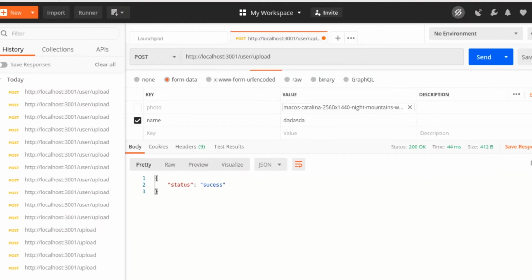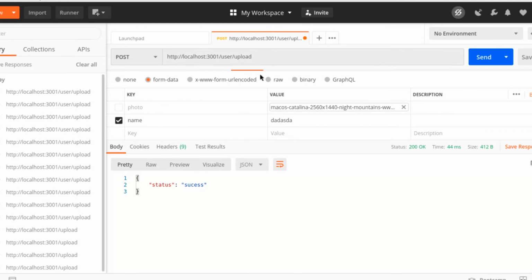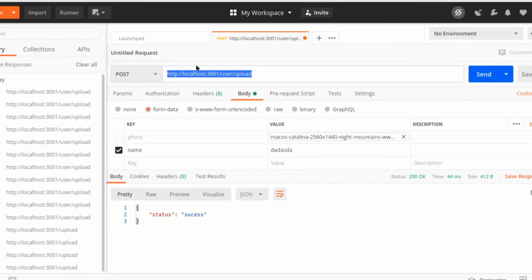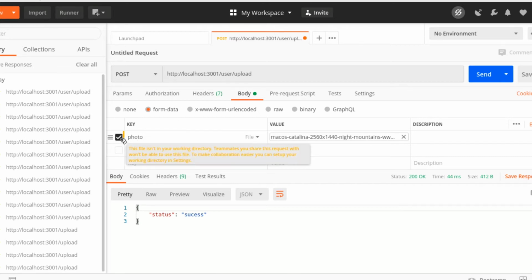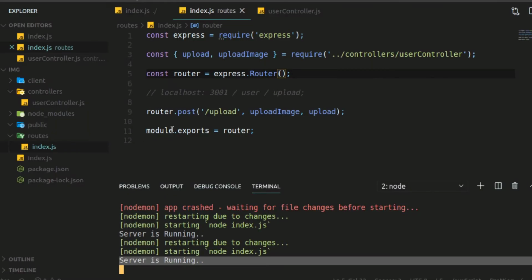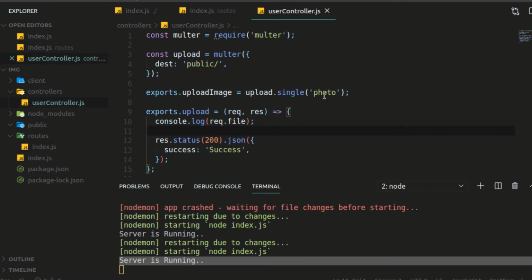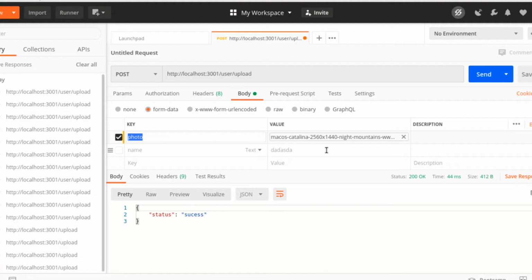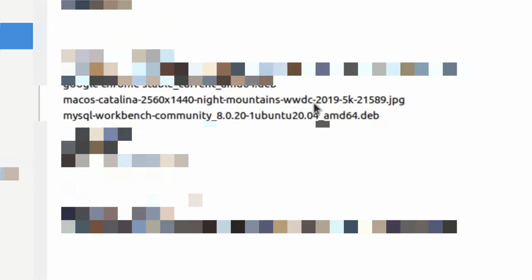Okay, so the endpoint is correct and the method is POST. Inside body we will select form data and name the key photo, because remember we used photo inside the multer configuration. Here in the controller, this must match. Now back to Postman, let's select the file. I will select this image